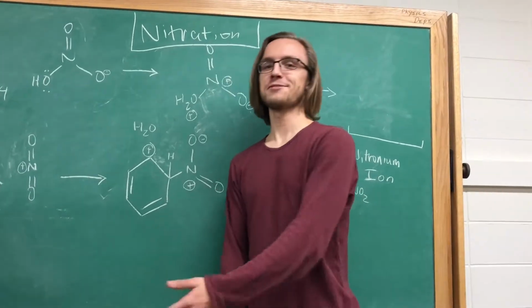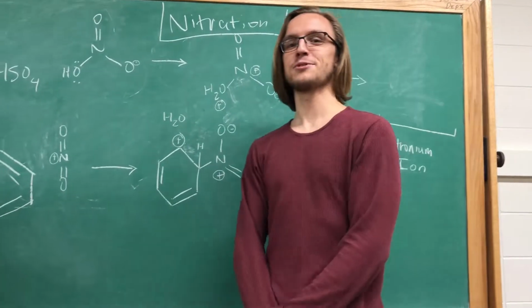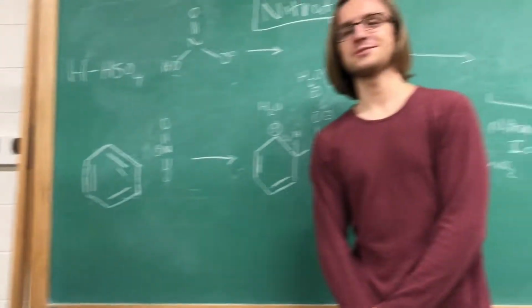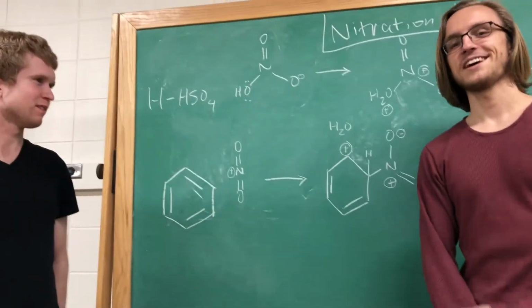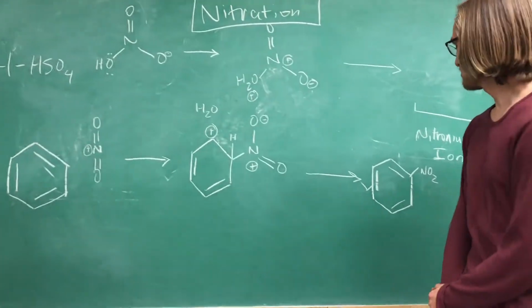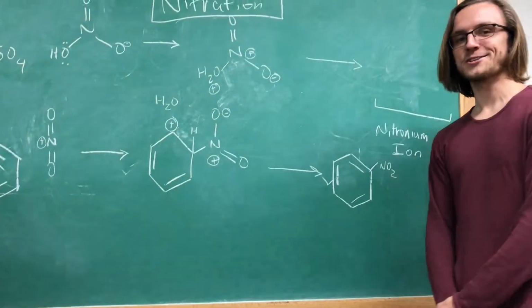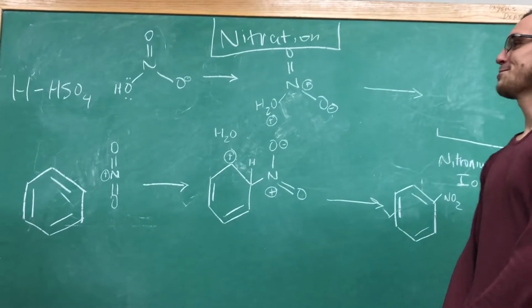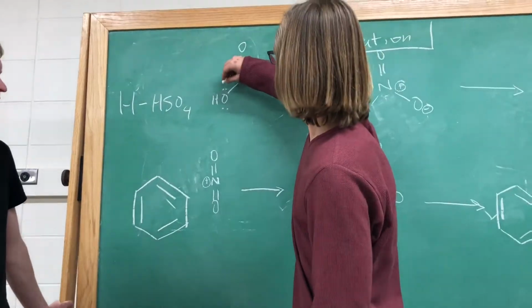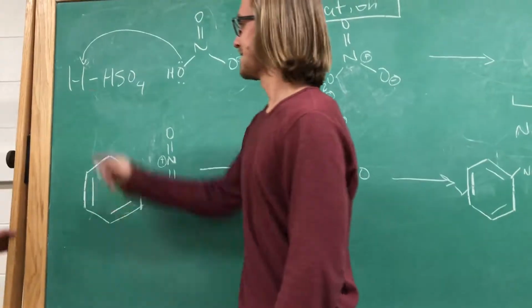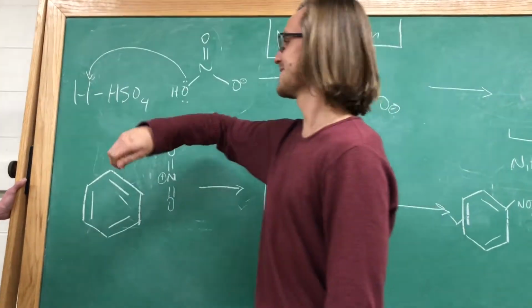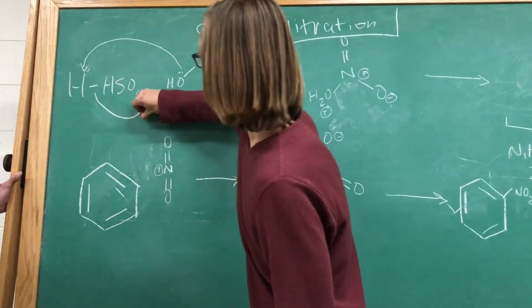Alright, so here we are in the physics building with my good friend Brendan. Brendan here is a graduate student at the University of Colorado Boulder, and he's getting his PhD in physics. And today we are going to teach him how to attach a nitrate group onto a benzene ring through the process of nitration. So what is going to happen is this oxygen is going to go ahead and attack this hydrogen right here, and then it's going to go ahead and kick off